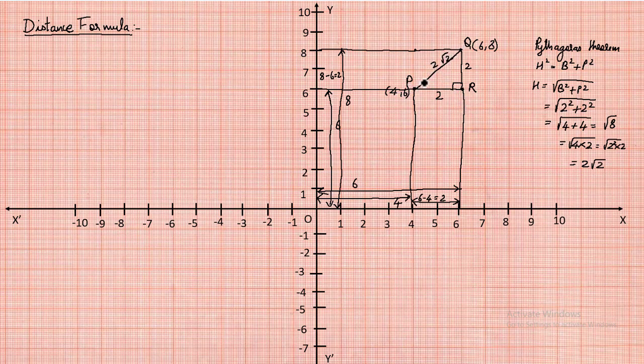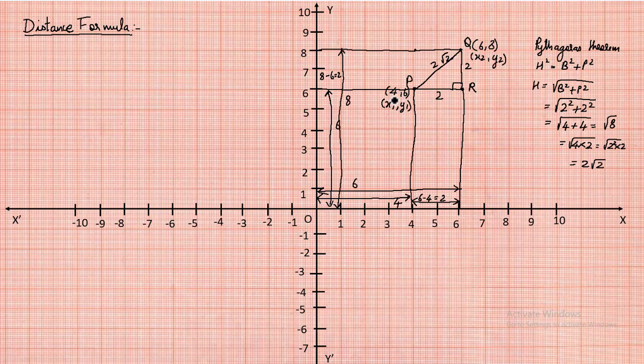Okay, so this is how we find out the distance between any 2 points on a given plane whose coordinates are given. So how do we generalize this method? So basically in the distance formula, the Pythagoras theorem is used. So let us write down the generalized formula from this method. This is just an example which I have showed you here. Since we have to find out the distance between the point P and Q, and the coordinate values given here was 4, 6. For example, you can consider these coordinates to be x1, y1. Similarly, the coordinate value of Q as x2, y2.